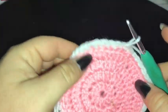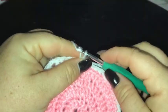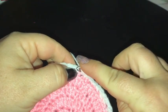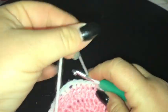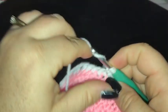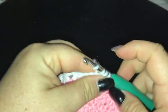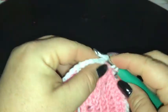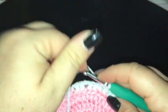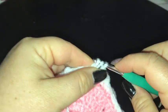Alright, we're starting to look a little bit squarer. Now round 6, I'm going to chain 1, double crochet into the same stitch, and into each stitch across. So just a double crochet into each stitch of the previous round,